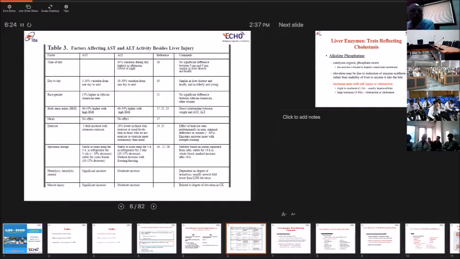Race also affects the levels of AST and ALT. A 15% higher level of AST and ALT is noted in African Americans. With a higher body mass index, a 40% to 50% elevation is noted in ALT and AST. Meals usually do not affect them. Exercise causes an increase in AST level, and ALT level usually goes down in persons who regularly exercise. Storage also influences the levels of AST and ALT. Hemolytic injury and muscle injury usually cause a predominant increase in AST as compared to ALT.